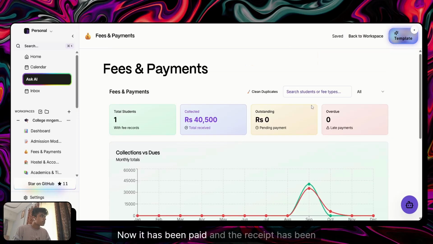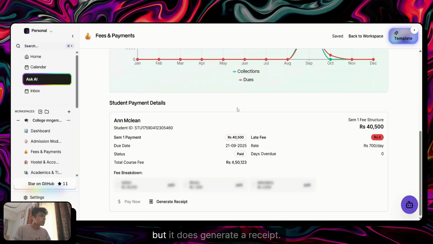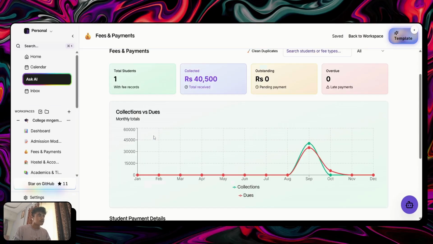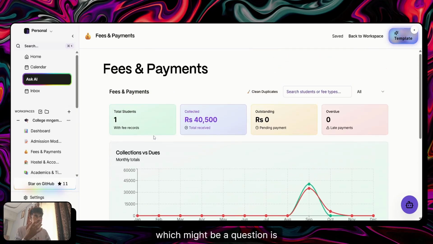Nah, it has been paid and the receipt has been generated. Since I have shared the screen for this tab, you can't see the receipt generated, but it does generate a receipt. Now, another thing which might be a question is